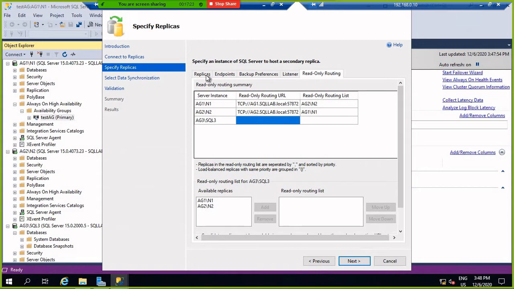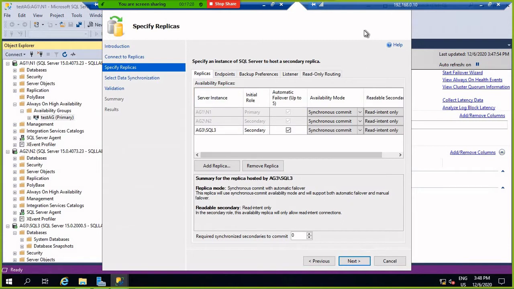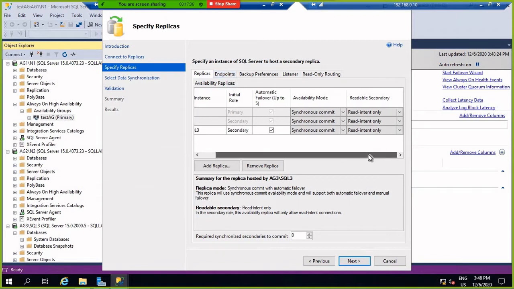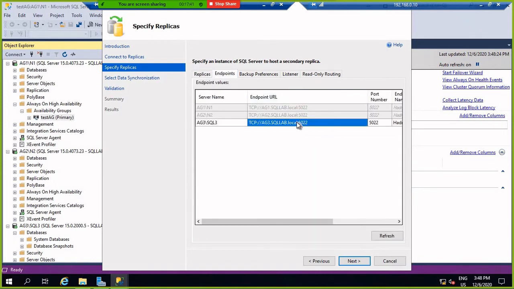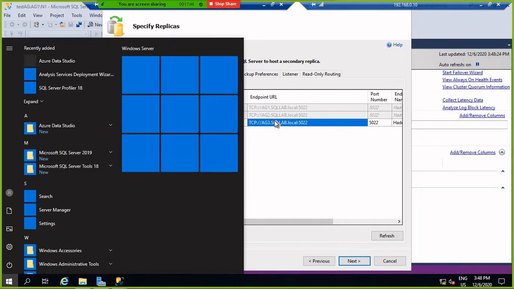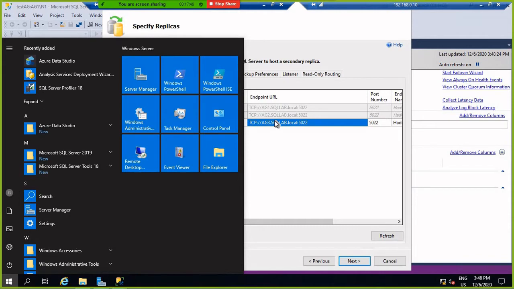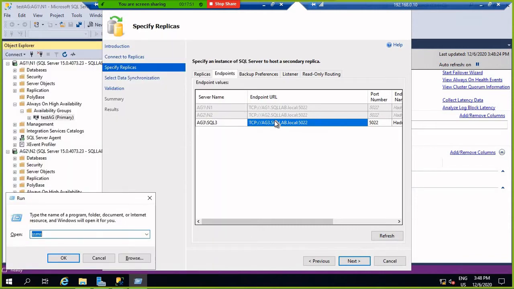Okay, so here you can see this is the endpoint. So just copy this endpoint, and it's not pasting here, so just put it manually.